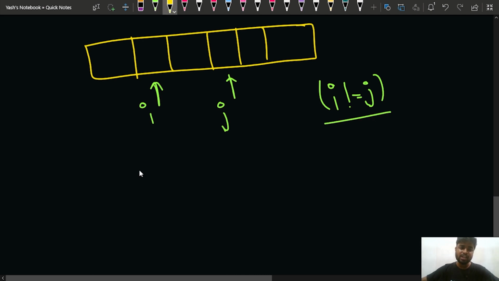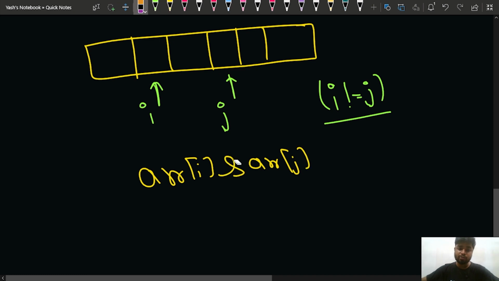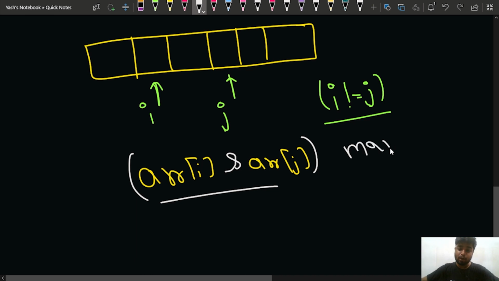And what we want is a pair such that the element present at the ith index and the element present at the jth index, when I do a bitwise AND of those two elements, the bitwise AND should be the maximum possible. It should be as maximum as it can be. So I want the bitwise AND between any two elements of the array which are at different indexes to be